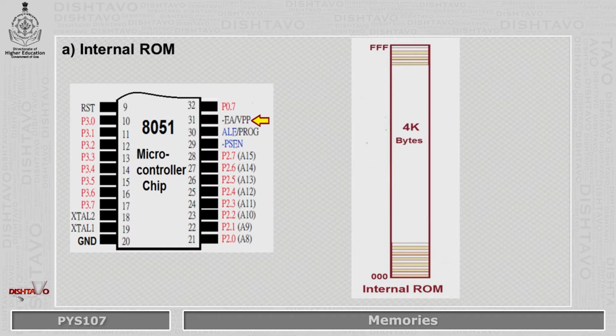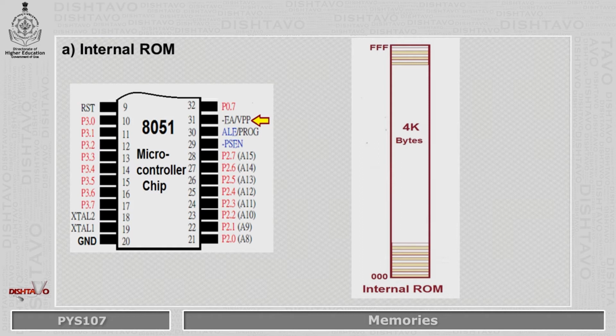A program address higher than 0FFFH, which exceeds the internal ROM capacity, will cause the 8051 to automatically fetch the code bytes from external program memory.